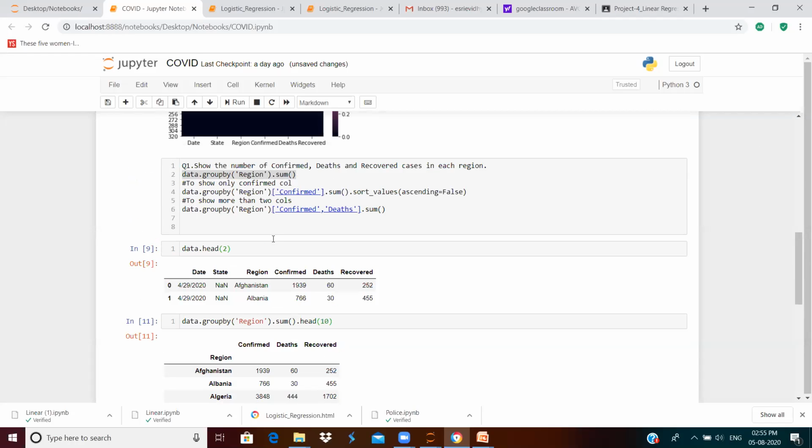And next, suppose you want to view only the total confirmed cases of each region, or you need to view only confirmed and deaths across each region, then what would we do? This resultant set is showing the values for all the other columns, for confirmed, deaths and recovered. Suppose you want to see the values only for the confirmed and deaths columns, then you can use